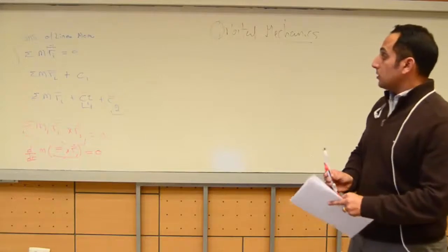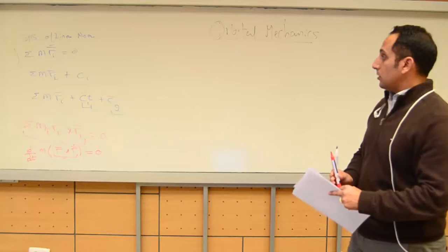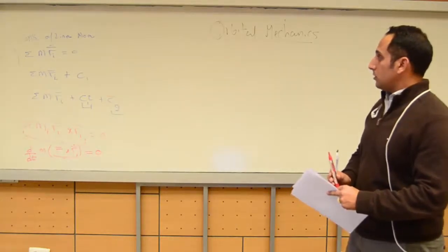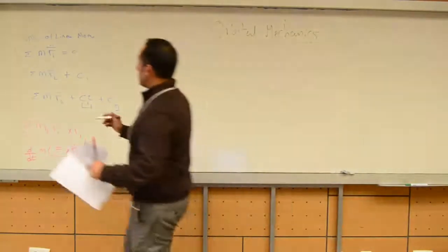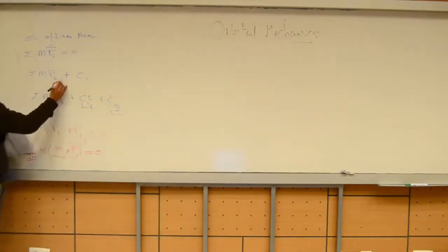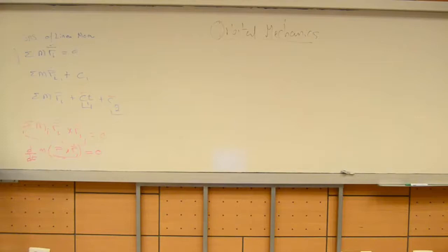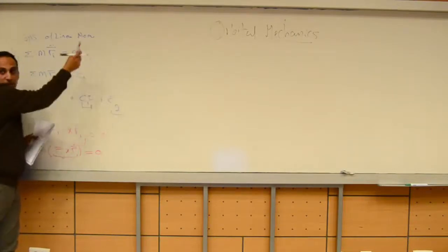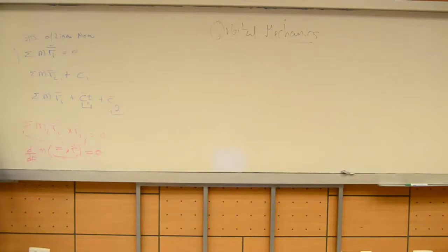Why is linear momentum the second differential of distance and time? Why is it not m times r dot? Linear momentum is m times v, not m times a. All I did was integrate this to get to that. I start with this, which is equal to 0, so I'm integrating this and I got the linear momentum of the system, plus a constant. So linear momentum is a constant. Conserved is not necessarily 0. It's just a constant. It depends on the initial state of your center of mass. If your center of mass is initially stationary, then